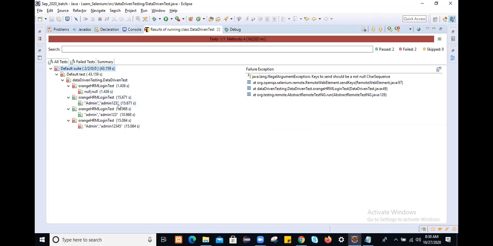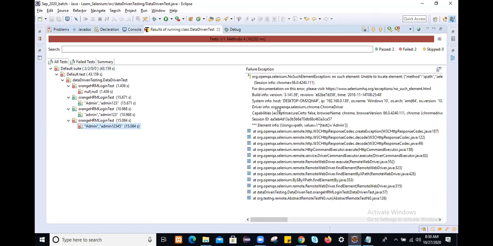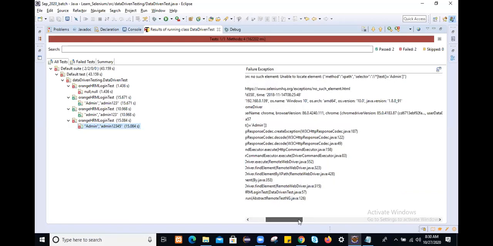The second time, admin 123, and then admin and password like this. For this username, it's not logged in to the application. It's saying NoSuchElementException, unable to locate element by XPath. That element, whatever we are going to take, the web element with the value admin, we couldn't find.